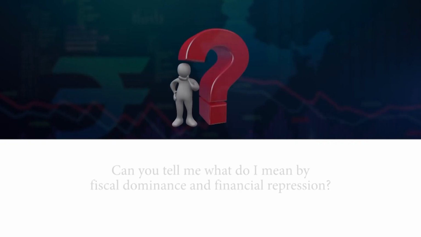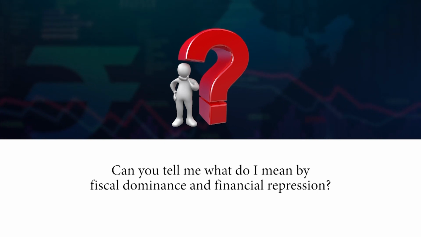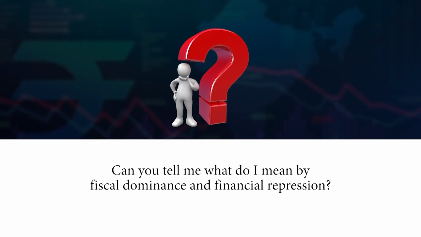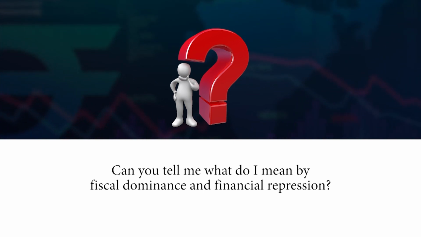So under the monetarism framework, the broad goals of monetary policy were to give a stronger focus on inflation, reduce the fiscal dominance of monetary policy, and to step away from financial repression. So students, we come across two very important terms here. Can you tell me what I mean by fiscal dominance and financial repression?